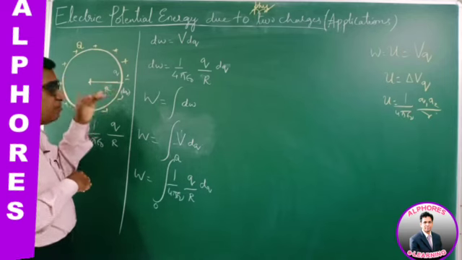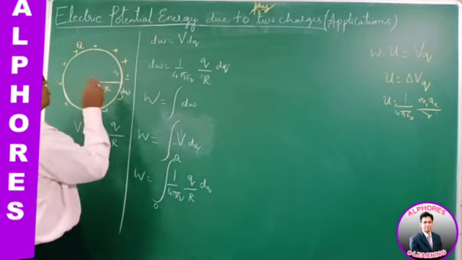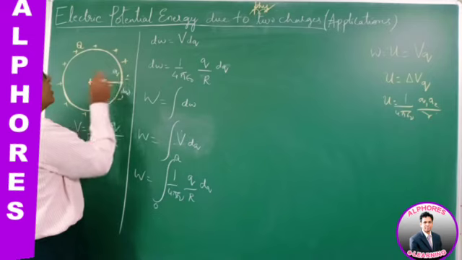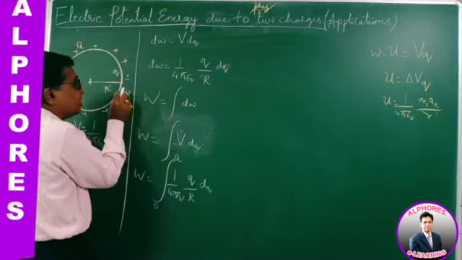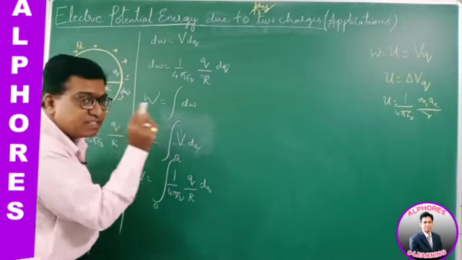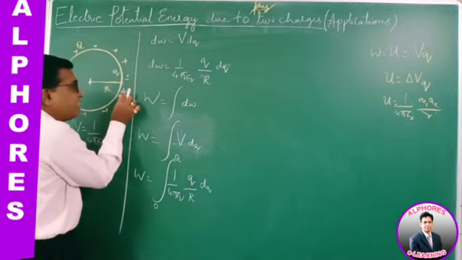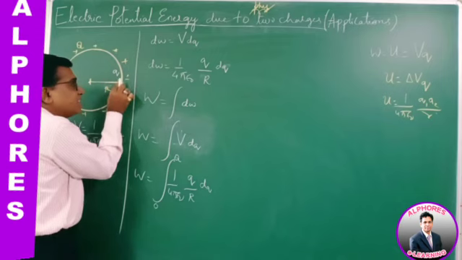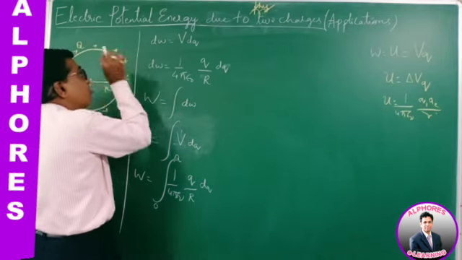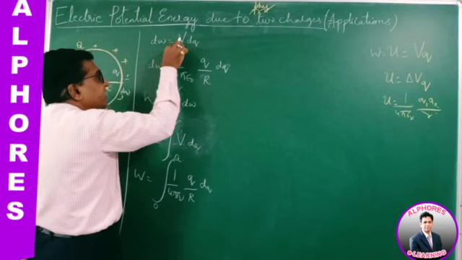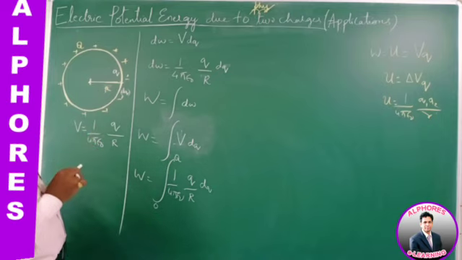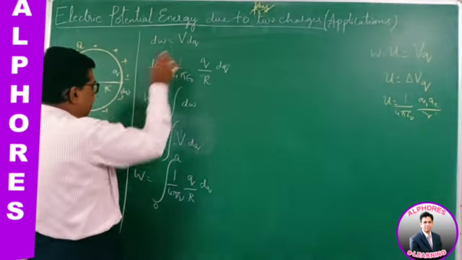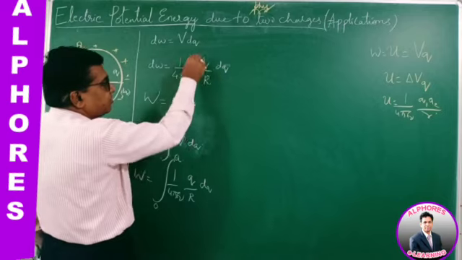Now in the process of charging, let's suppose at an instant of time the charge is small q. Now I am moving from infinity a small element of charge dq, because I am adding it in elements of charge. When I am adding an additional element dq to this, the small work done is the potential times dq. When the charge is q, we know the potential is 1 by 4 pi epsilon naught, q by r. Then the small work done is V dq, where V is 1 by 4 pi epsilon naught, q by r, times dq.